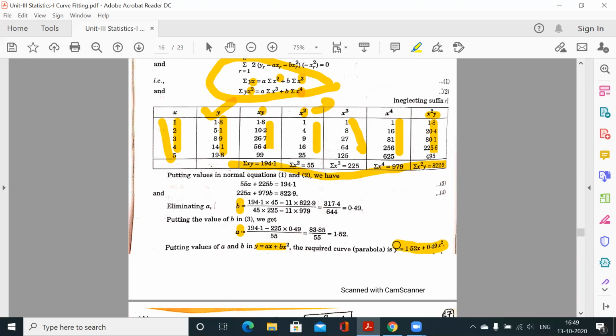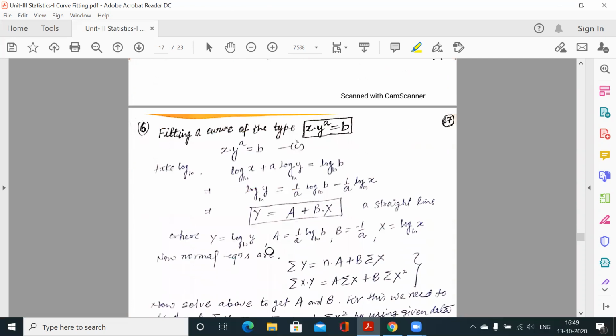ठीक है। एक और कर्व है x into y to the power a is equal to b। अगेन ये क्योंकि पावर में है, मल्टीप्लिकेशन में तो पहले आप क्या करेंगे, लॉग लेंगे, तो log x is equal to a log y is equal to log b। अब आप इसको स्ट्रेट लाइन से कंपेयर कर दीजिए, क्योंकि y डिपेंडेंट है तो आप y को कैलकुलेट करोगे, so log y की वैल्यू क्या हो जाएगी इस इक्वेशन से, 1 over a log b, ये वाला इस साइड जाएगा, so minus 1 over a log x। अब इसको स्ट्रेट लाइन से आप कंपेयर कीजिए, तो ये log y तो कैपिटल Y हो गया, और ये टोटल एक कांस्टेंट है, क्योंकि b भी कांस्टेंट है, a भी कांस्टेंट है।